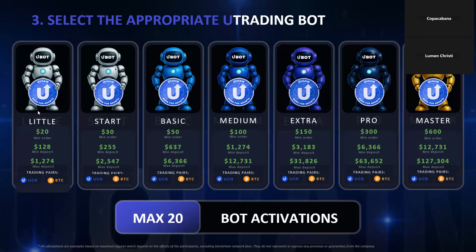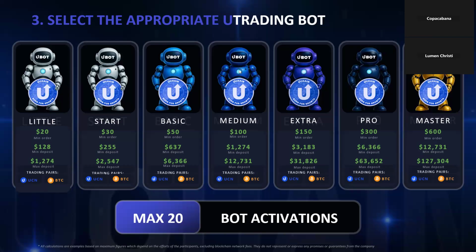Assuming that you connect this bot to it, which is free, like I said, it therefore means the minimum amount you must give to this bot as trading capital should be $1,274. Anything less than that is not going to work, like I already explained. So assuming that you put $1,274 on your exchange account and you've already plugged in this bot to it,